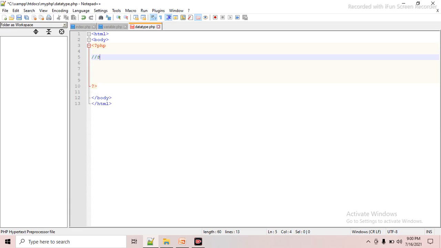So string. Okay, just give a variable name, $name. This is the naming convention. Dollar would be the prefix, equal to double quote or single quote. Write a string,